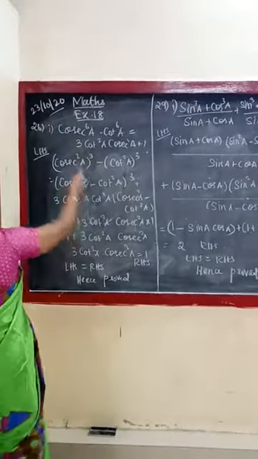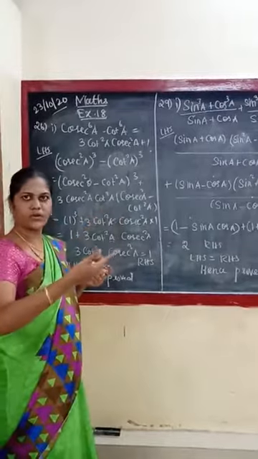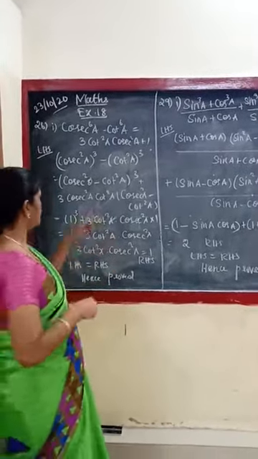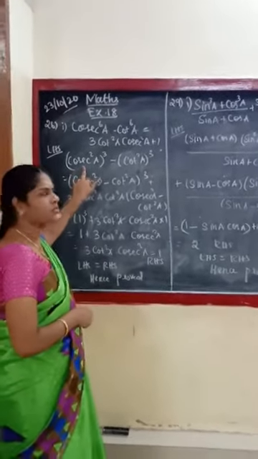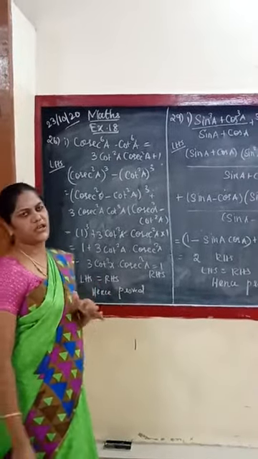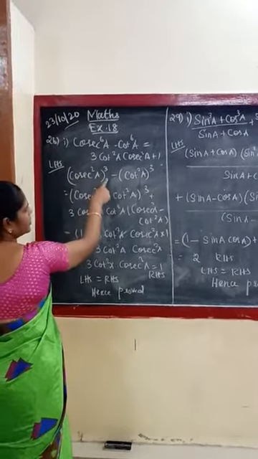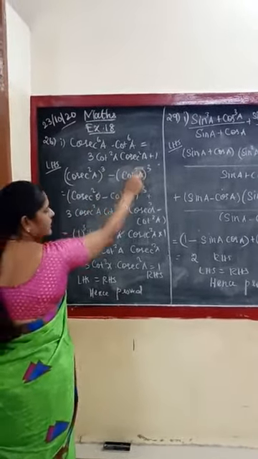How do we prove it? Listen, cosecant power 6a is cosecant squared a the whole cube, since 3 twos are 6. So I converted the term into a square term. That means I converted it into the a cube minus b cube form. So listen, how do we split this? Cosecant squared a the whole cube minus cot squared a the whole cube.